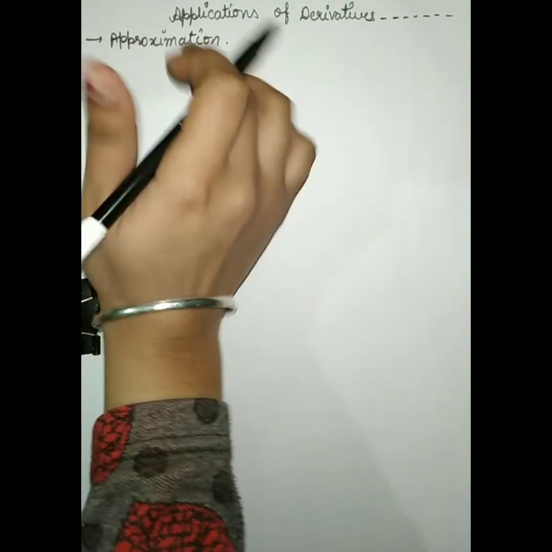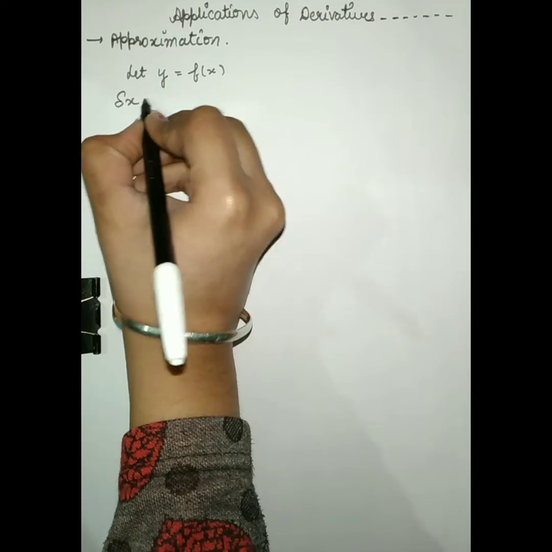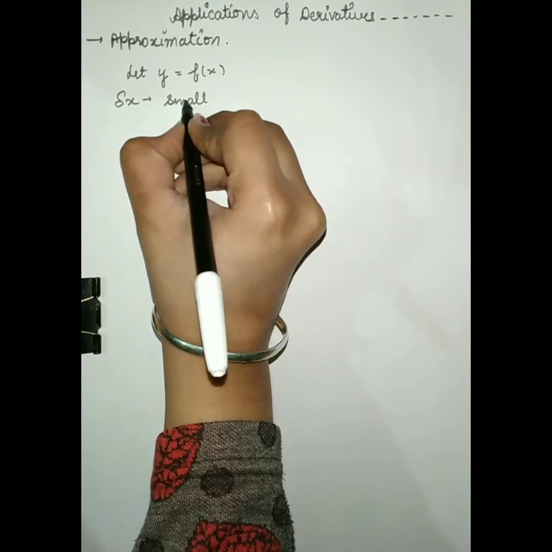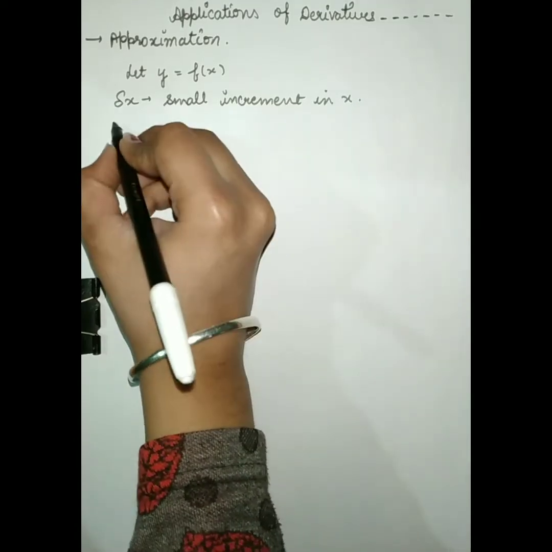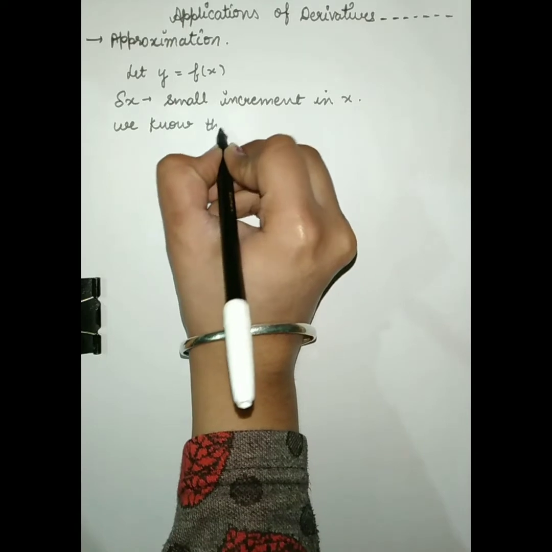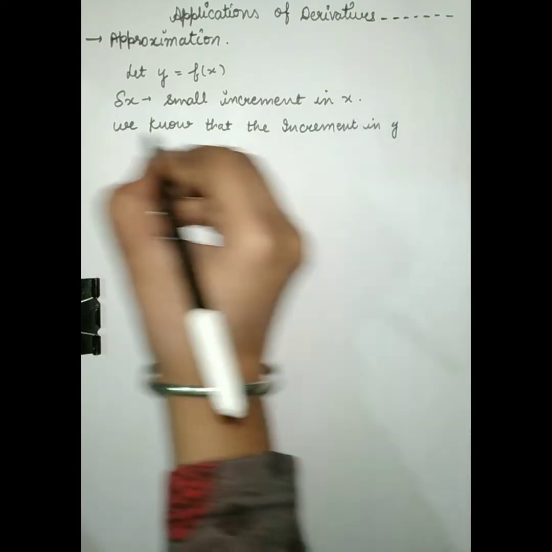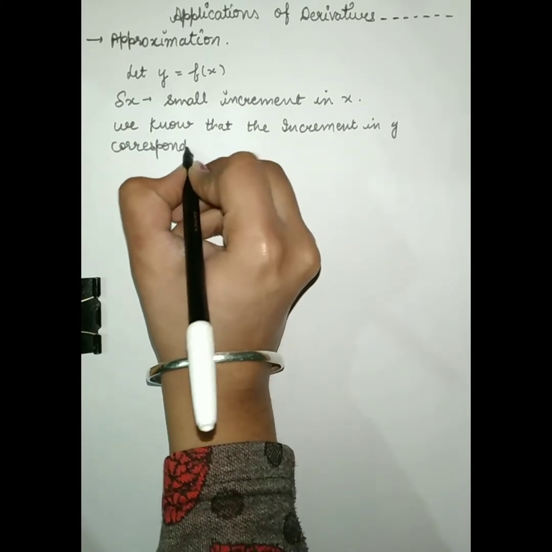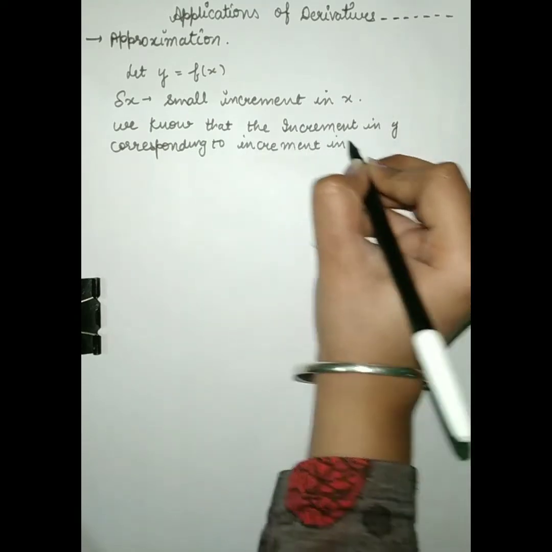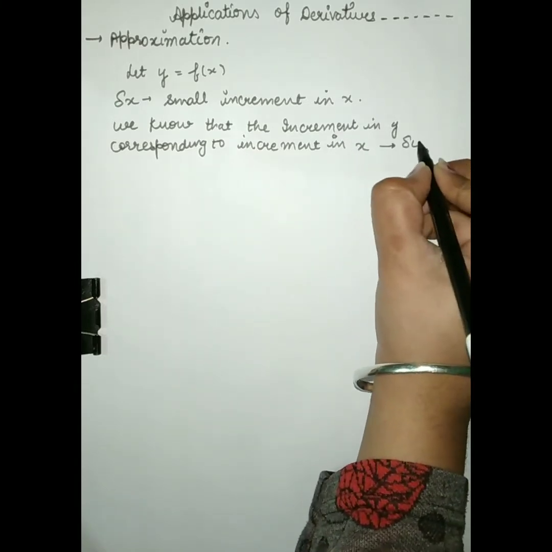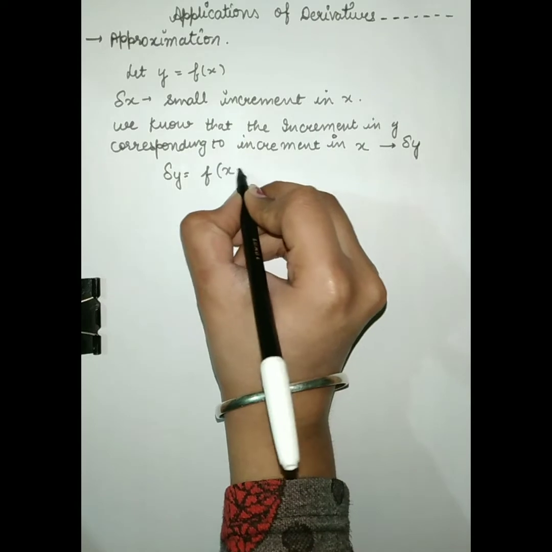Firstly, in this approximation we will let the given function f of x be equal to y, and del x denotes a small increment in x, and we know that the increment in y corresponding to the increment in x, which is denoted by del y, and del y will be equal to f of x plus del x minus